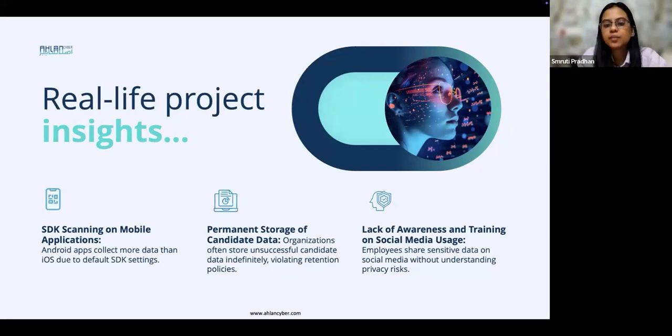And lastly, like I was mentioning, training and awareness form the core crux of any privacy program. Today we see that even though we are so active on social media, a lot of times employees share sensitive personal data and personal data on social media. That's where awareness has to be built in such a way that they understand how important it is to maintain the privacy of their digital identifiers. This kind of training and awareness program is something we currently don't see in organizations, and organizations really need to focus on that.